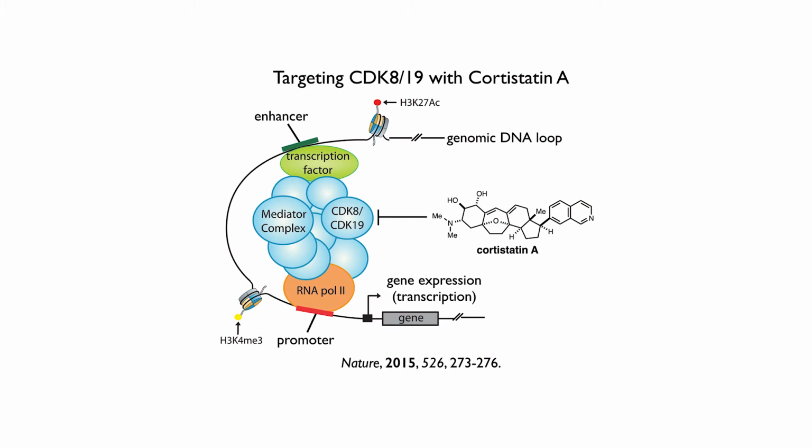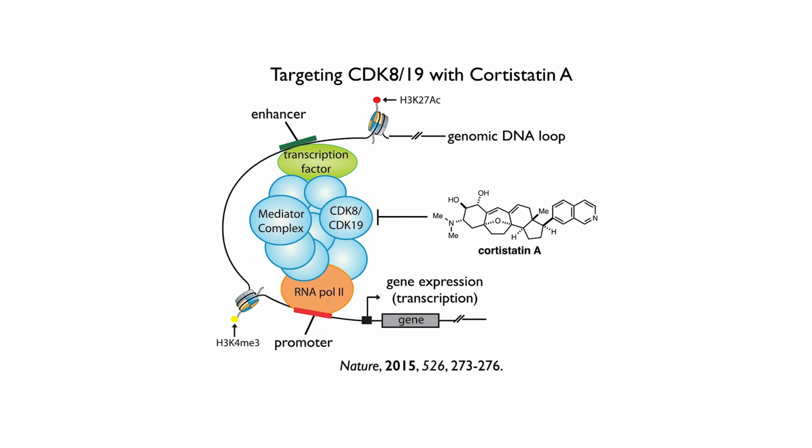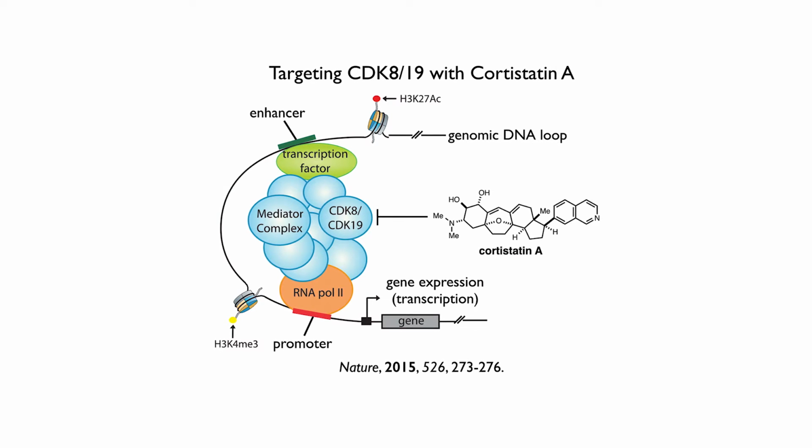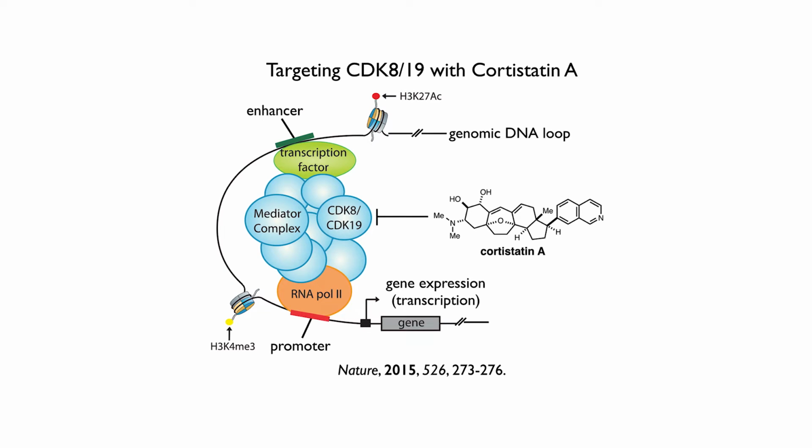So a specific project that we're studying in the lab involves two kinases, CDK8 and CDK19. Both of these kinases are involved in binding a large protein complex called the mediator, and the mediator is involved in regulating aspects of transcription. We inhibit these kinases specifically using a small molecule called cortistatin A, a molecule we synthesized in my lab. And what we found is that inhibiting these kinases is a new therapeutic approach to a blood cancer called AML,